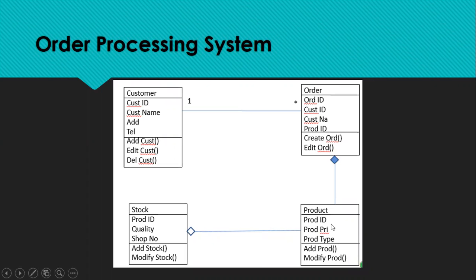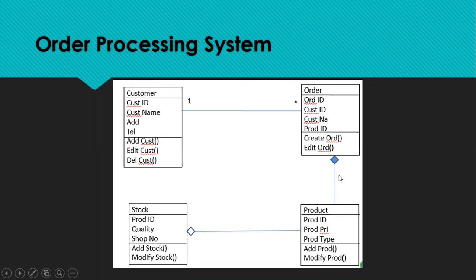So assume that, say, a supermarket or a textile shop has all the products published, all the products are there, but they are not getting any orders from customers. Imagine they are not taking orders from customers, they are not selling. So there's no point of having the products, isn't it? So product is fully dependent on the order.